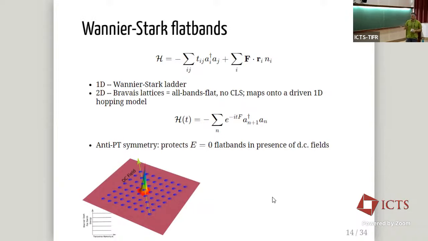This can be further extended. I'll just touch upon it and not go into the details. That's where the antipode symmetry comes into play. You can demonstrate that the antipode symmetry generically protects a zero energy flatband, since antipode symmetry also enforces the symmetry of the spectrum with respect to zero energy, but it also protects this flatband in the presence of the DC field, which is not a given, since, for example, if you take a Lieb lattice, which has chiral symmetry, which ensures a flat band at zero energy, and you add the DC field, the flatness of the band is gone.